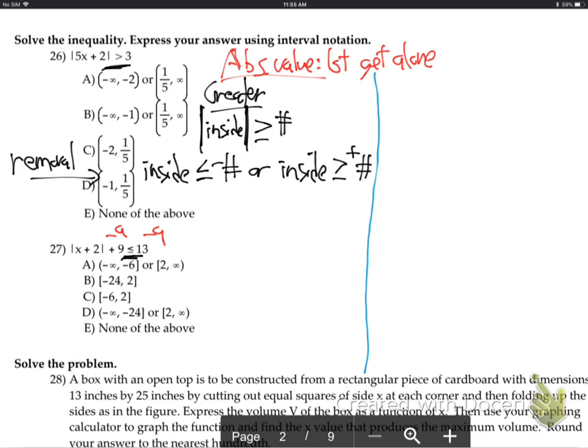And then you just solve from there. And you end up with 2 answers, a negative infinity united with a positive infinity, some kind of numbers in those other spots. Do you remember that for the greater? And then for the less,